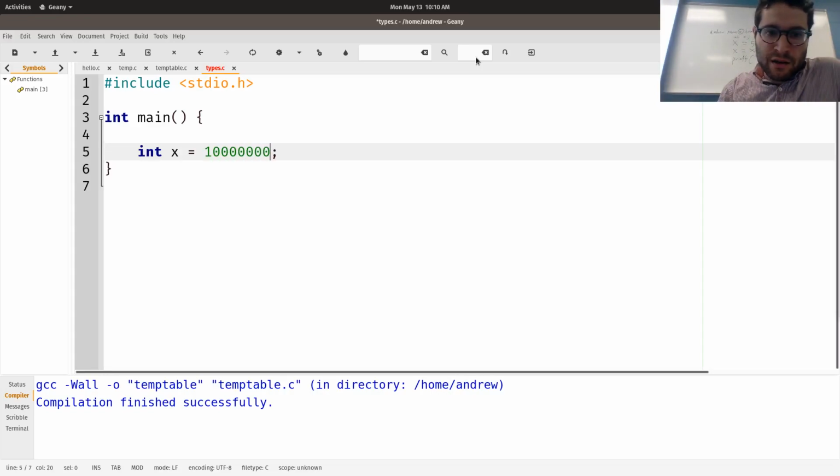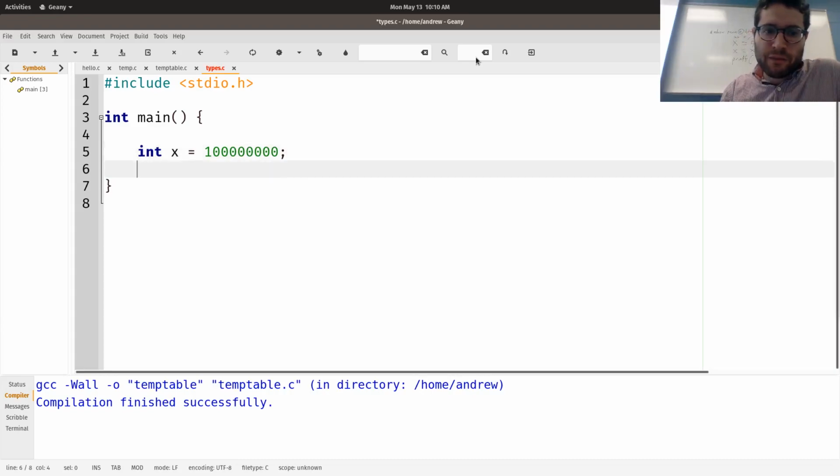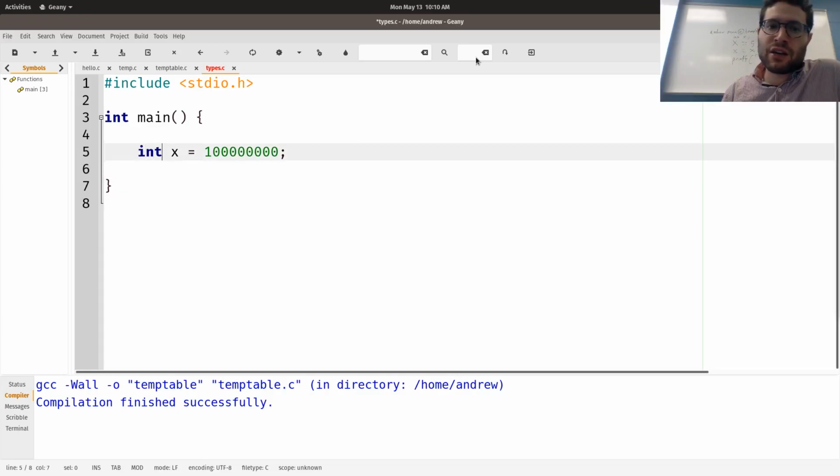The number I just put in is 100 million. A 32-bit number means that it can have 32 binary digits. 100 million is 9 decimal digits.